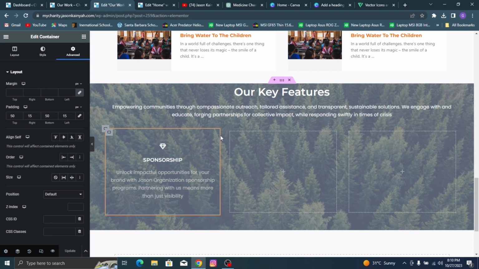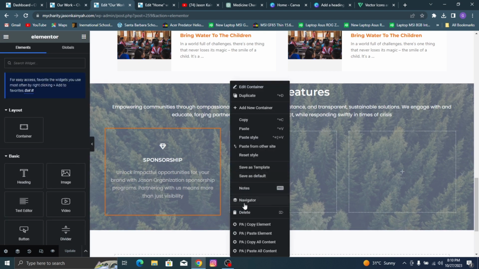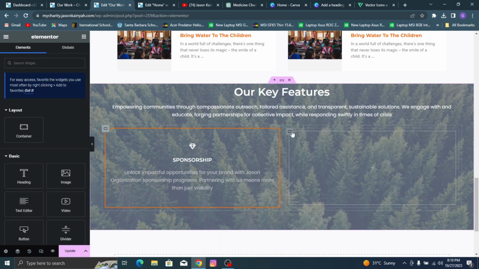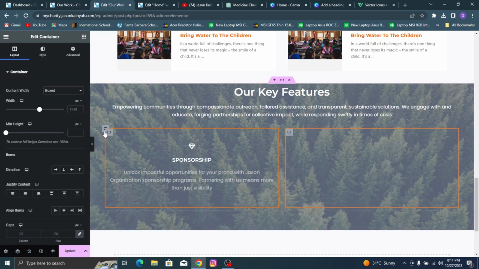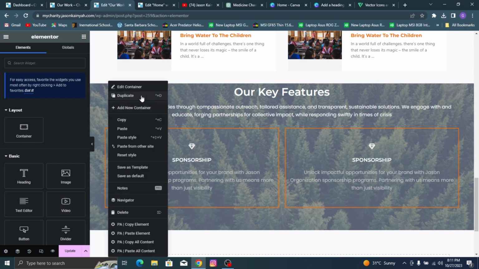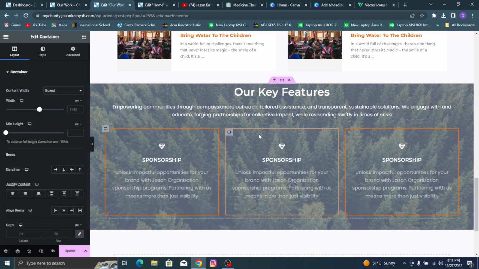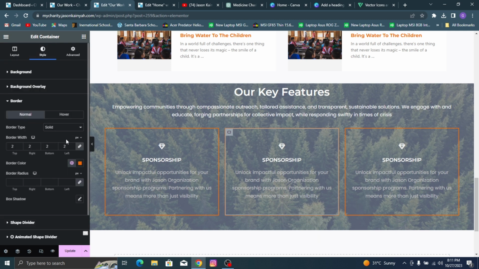So I think I even made a mistake by making these columns. Let me just delete them. Then we'll duplicate this one till we get 3. So the one in the middle over here, click on that container, then the border color,